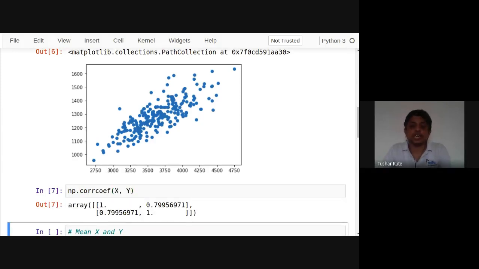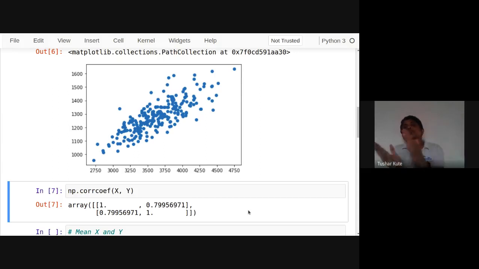So you can see 79% connectivity is there, 79.95 something like that, almost 80%. That connectivity is present between them. So scattered data is there. Accuracy is not that much, on average we can achieve above or around 80% accuracy from the same. But we can identify from this that the data is linear.